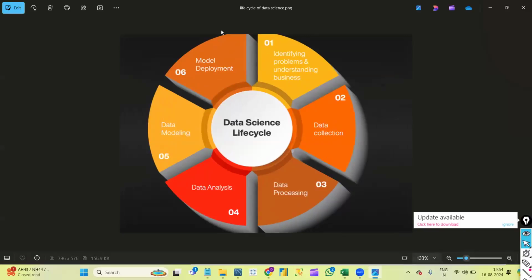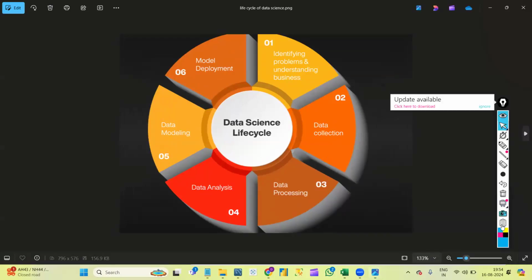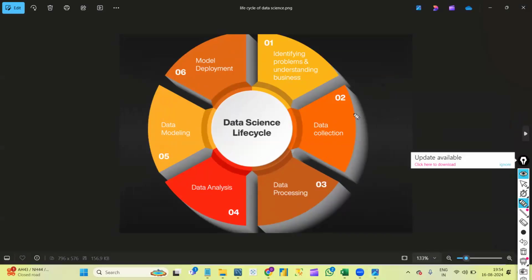All right. Basically, I think you can see this image. This is the life cycle of data science. We have 6 stages here. As you can see, the first stage is identifying problems and understanding business. The second one is data collection. Third, data processing. Fourth is data analysis, then data modeling, and then model deployment. Okay, so basically what happens,